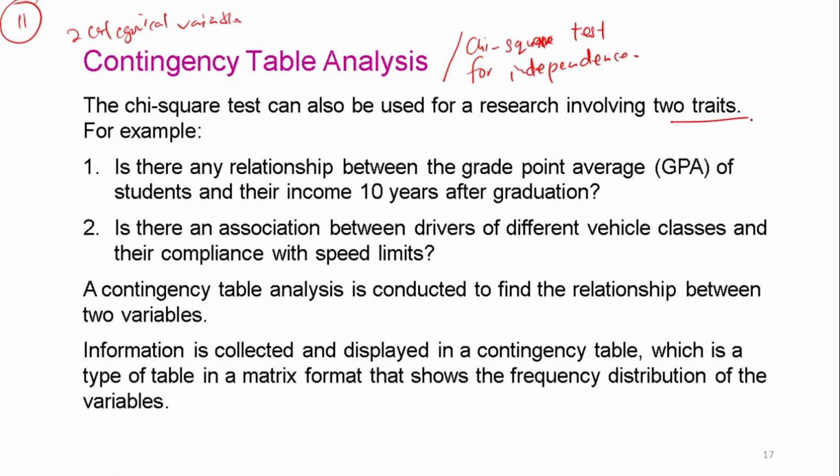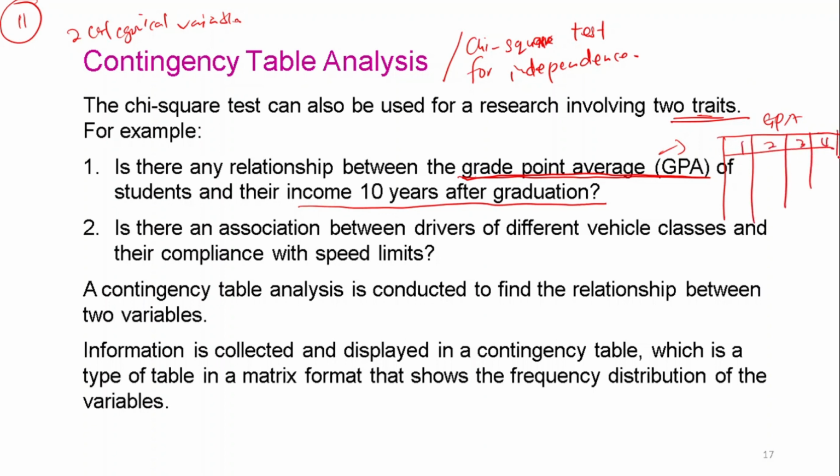which is we have two traits. For example, is there any relationship between the grade point average of student and their income 10 years after graduation? So if you do the table, basically the table is GPA, which starts from 1, 2, 3 and 4. Okay, and then income, so level of income. Okay, perhaps we get low, medium